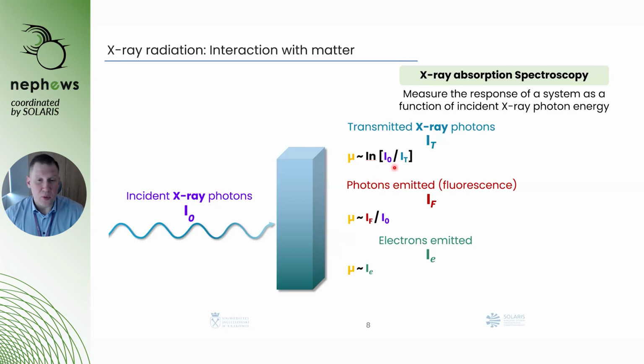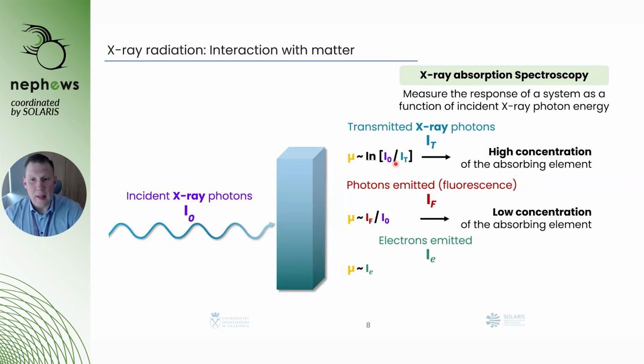For example, we use transmitted X-ray photons when we have a high concentration of the absorbing element. In the case when we cannot detect transmitted X-ray photons because, for example, the sample is very thick, or the concentration of the absorbing element is very low, then we use fluorescence radiation in order to define